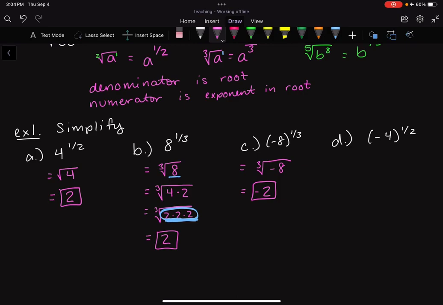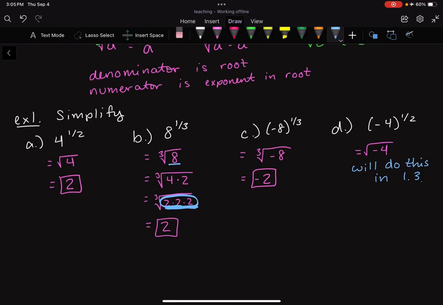Now this last one over here, part D, we're going to have to be careful. This is the square root of -4. We'll do this in 1.3, so we're not going to tackle this just yet. You may know what it is. Really, if you take square roots of negative numbers, you end up with an imaginary number or a complex number, and so we start using i. We won't really get into that until 1.3, but I just wanted to introduce it to you for a second,